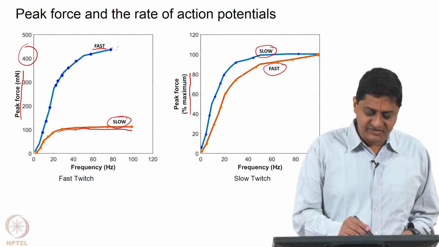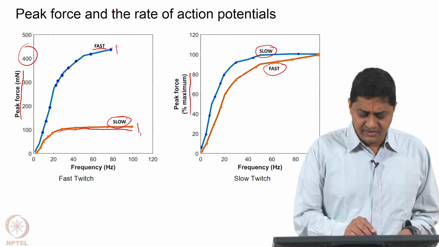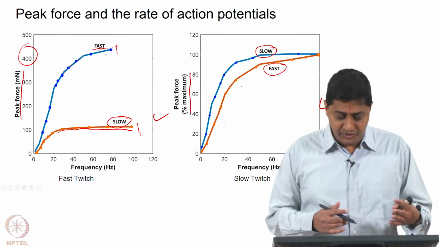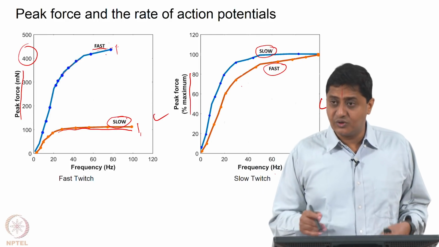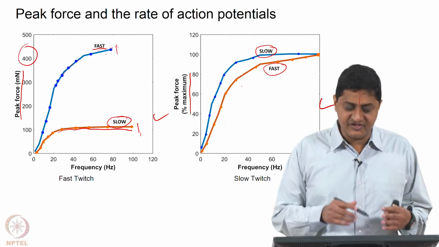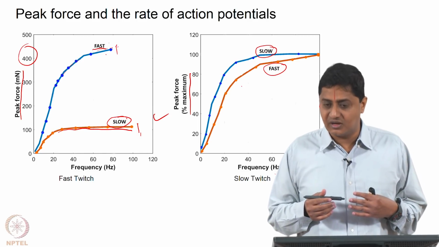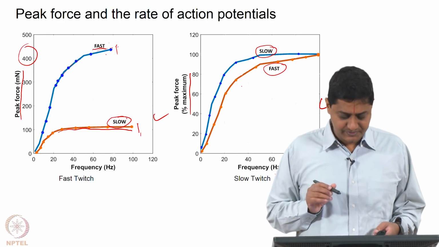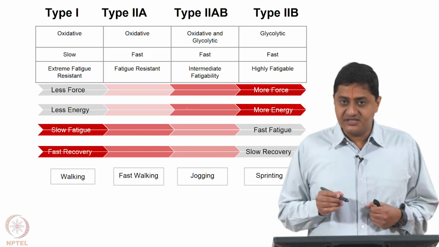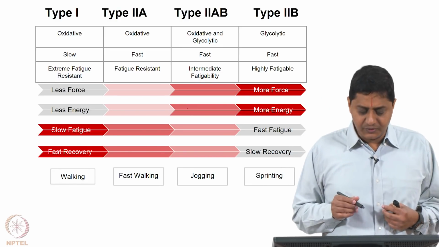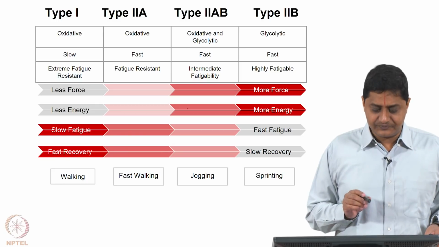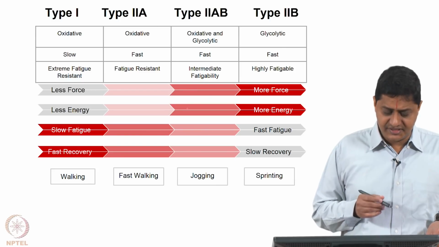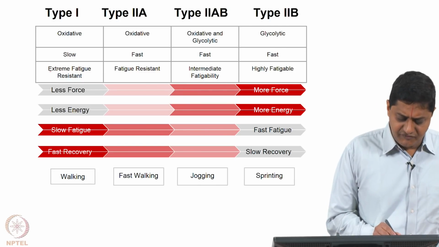Note the differences. These two curves are probably produced from the same data, yet you are going to have a difference in which curve appears on top and which curve appears in the bottom. The reason is we are normalizing by the maximum force that is produced. And we said there are different types of these; we classified only 2, but actually there are more than 2. Those units that are slow and oxidative are extremely fatigue resistant.